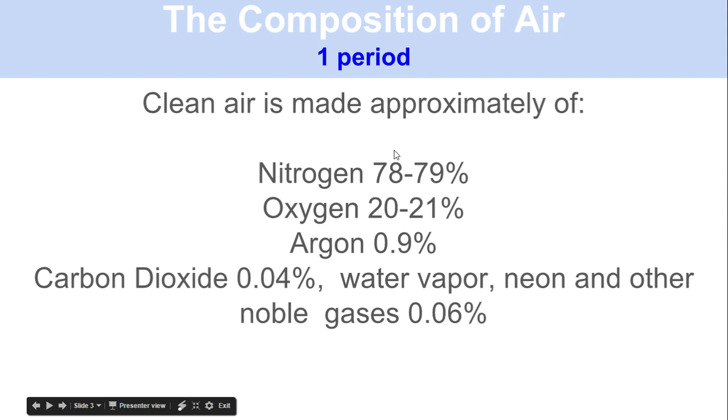Now, I gave here for the nitrogen and oxygen two numbers. In the textbook, in today's lesson, you're going to find the numbers 78 and 20. But I have found in a syllabus those two numbers also, 79 and 21. So I wrote both here, and I want you to be aware of that.